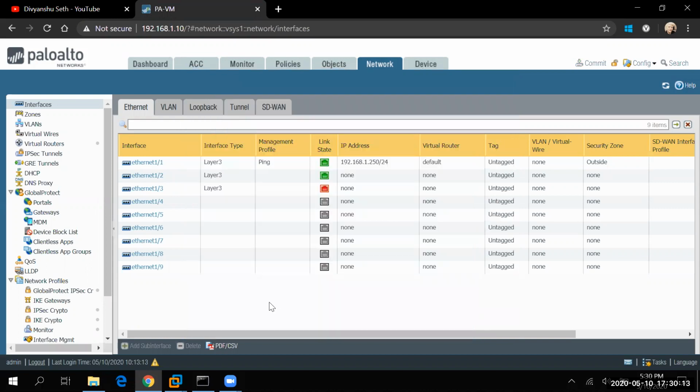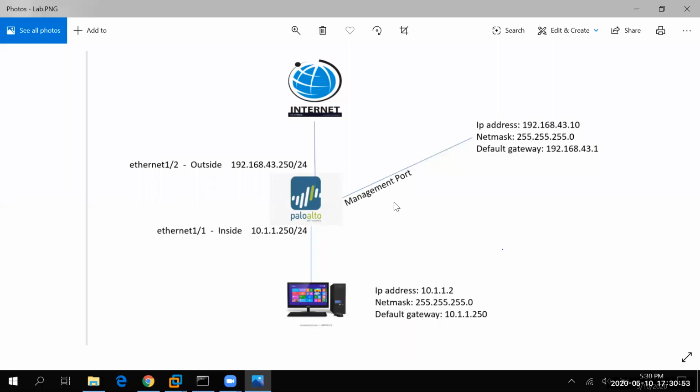Let me do one more thing. Let me configure the inside interface IP also so that it will be helpful for us. Apart from here, we can change the IP from what we were using, 43.10, to 1.10.